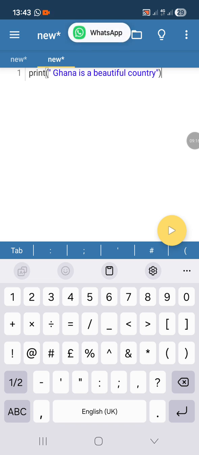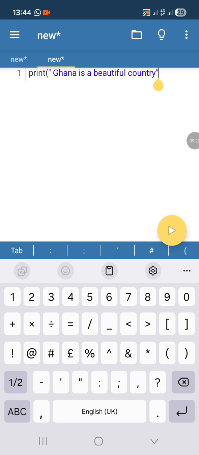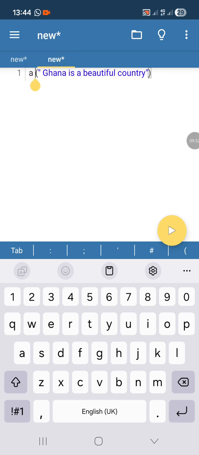So what you have to do is, the word that you need to print, you want to print Ghana is a beautiful country, just remove the print from there and save it to something we call a variable. So you choose a letter, a word, any letter or any word you want.